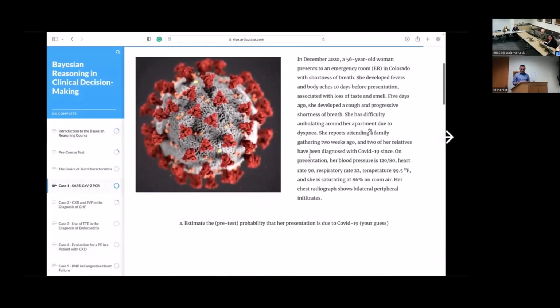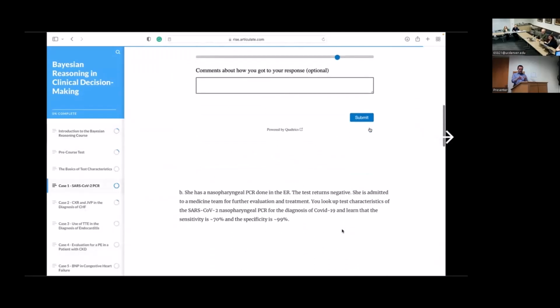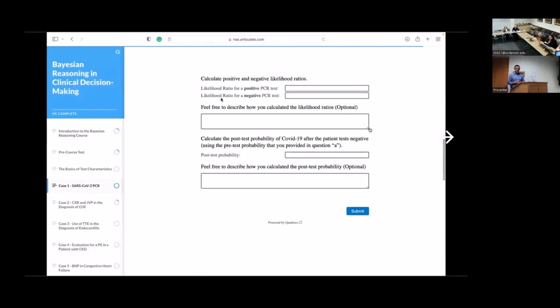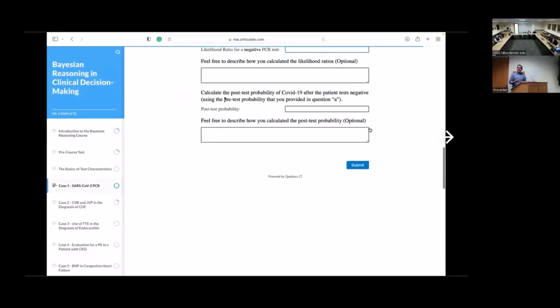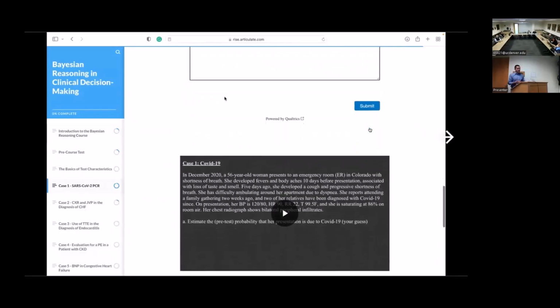They go over the case. Here is a patient with some uncertainty about COVID diagnosis. They commit to a pretest probability based on the patient scenario. They submit that, and then they get the test result. In this case, PCR comes back negative. It's a patient with high pretest probability. Well, now they have to struggle with what that means and what their next steps would be based on that